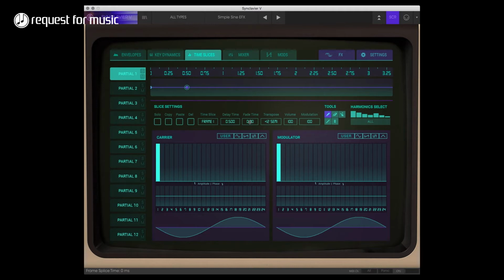So each time I press a key now, it just switches through this. It's like starting a sequence. So if I put more of those in, say that I didn't want this to be an octave, but I want this to be, say, a step of 3. And at 1, I would put another one in, change my time to a delay time of 0.5 and a fade time of